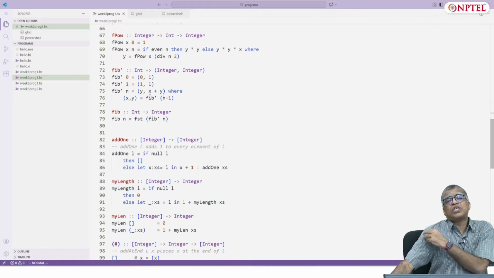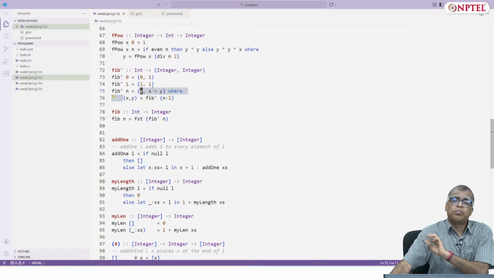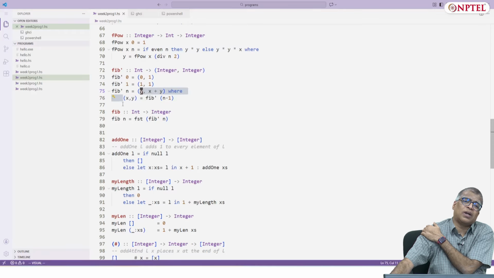So this is easy because I have two values. If I have fib prime of n minus 1 already, let's call it the pair x comma y, I can compute fib prime of n by just moving y to the first component and then adding the two components and putting it into the second part. So instead of x y you will have y comma x plus y.